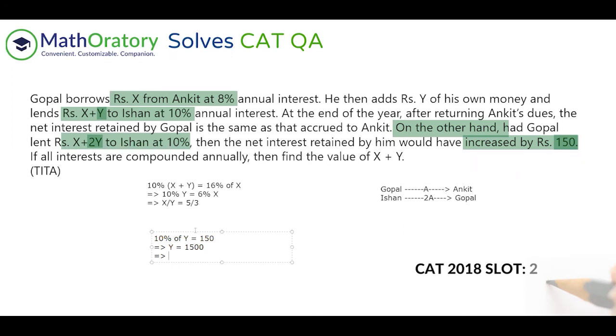Then find the value of X plus Y. So X plus Y will be 8 parts. You can directly do that, but anyhow, let's figure out X. If you are good with ratio, you can figure this out. 3 parts is 1500, so 8 parts is 4000. So 4000 will be the answer here. Pretty straightforward in this question. Nothing too much to solve here, just that this ratio helps us in the future.